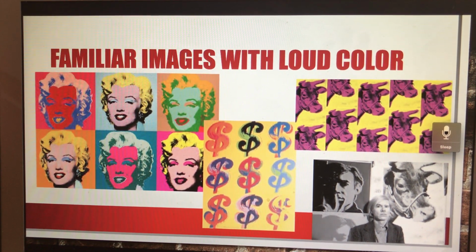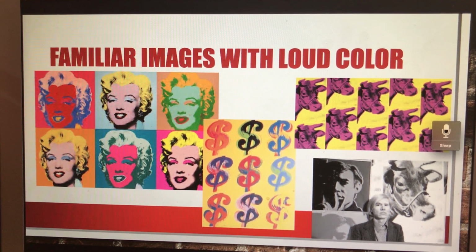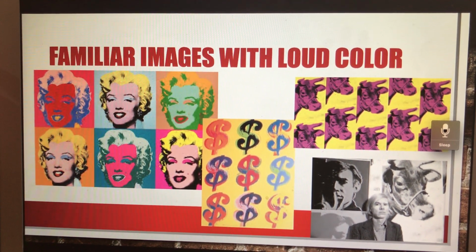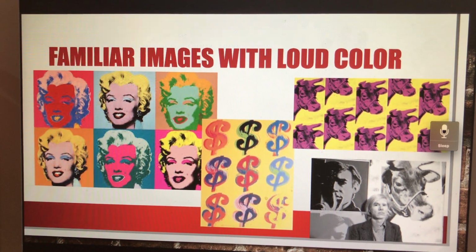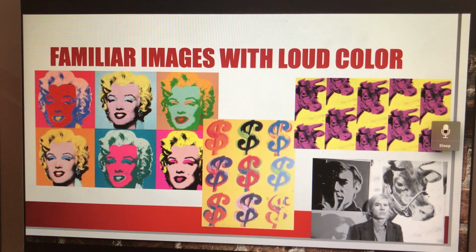Familiar images with loud colors slide: purple and yellow are found opposite each other on the color wheel. Green and red are opposite colors on the color wheel. Blue and orange are